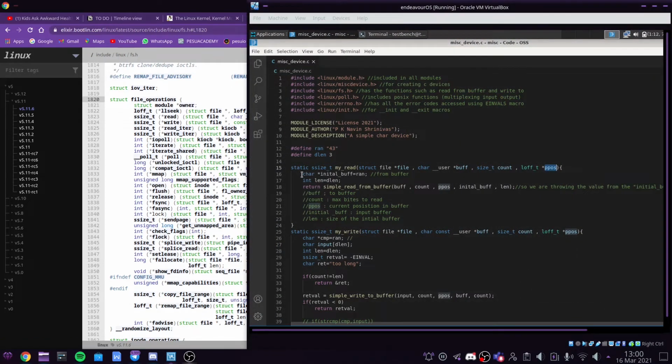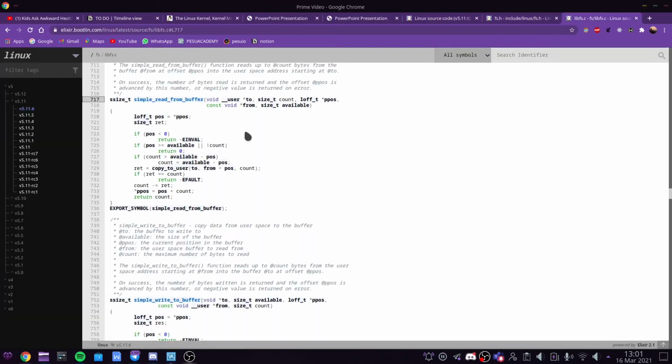Here we first see that we get our initial buffer, and we give it a predefined value with the word ran. What this myRead is doing is reading from this buffer, called our initial buffer, and pushing it to the user space buffer. So here we see return simple_read_from_buffer with count, ppos, initial buffer and length. Now how do I know where it's pushing from and to? We can go to this function,